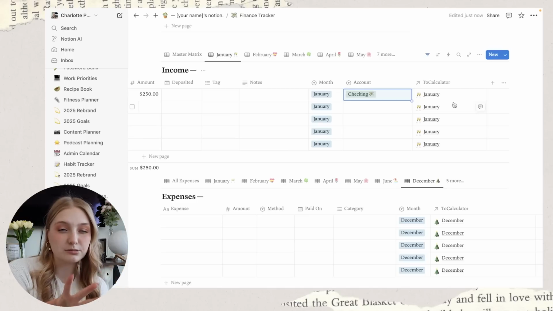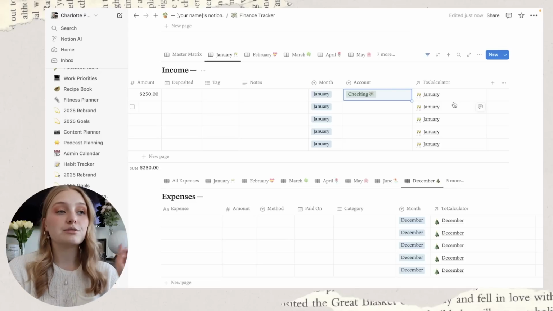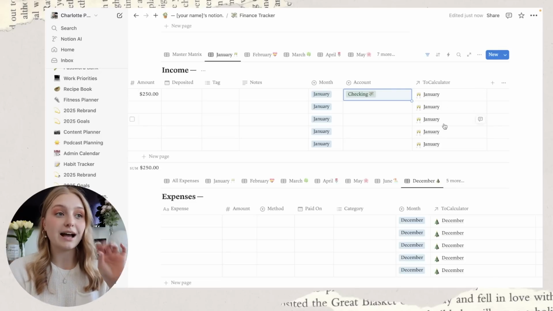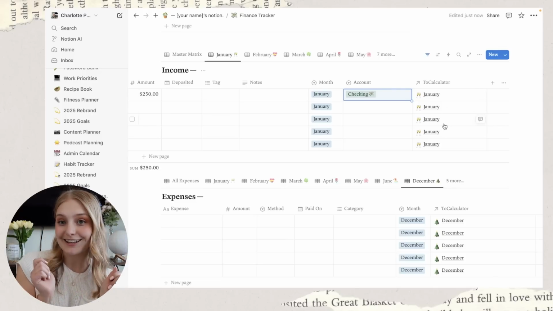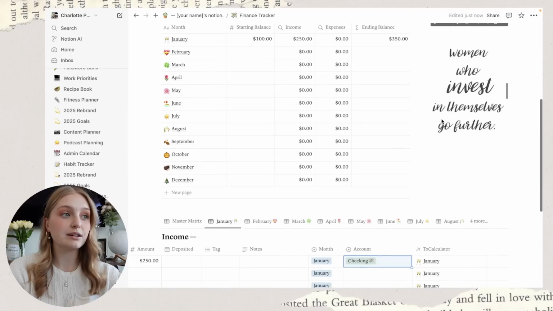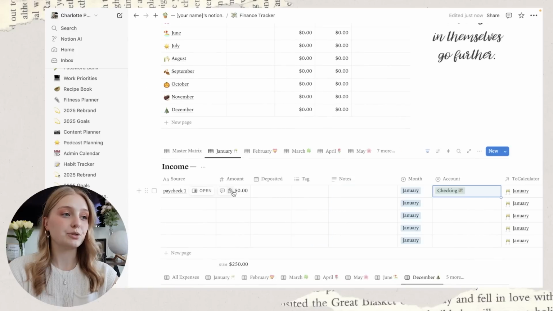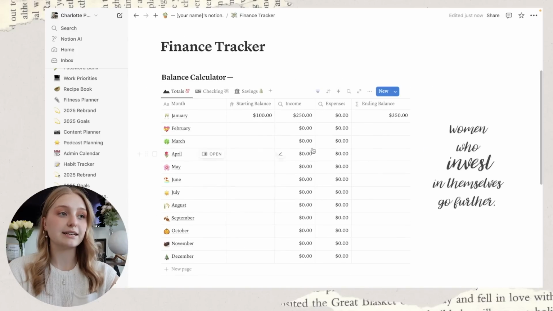Then over here, this little to calculator column is the part that actually makes it go to your balance calculator. This is the part where it gets a little bit confusing, but stick with me here. The way that I have set this up is with emojis. You guys will recognize that I organize everything with emojis. I find them very helpful for organization. So you'll notice this little to calculator column has January with the little clinking glasses emoji. That basically means that it is going to link to this balance calculator, this little tab right here with the same matching emoji. So you can see we put in a paycheck for $250 and it automatically linked up here,